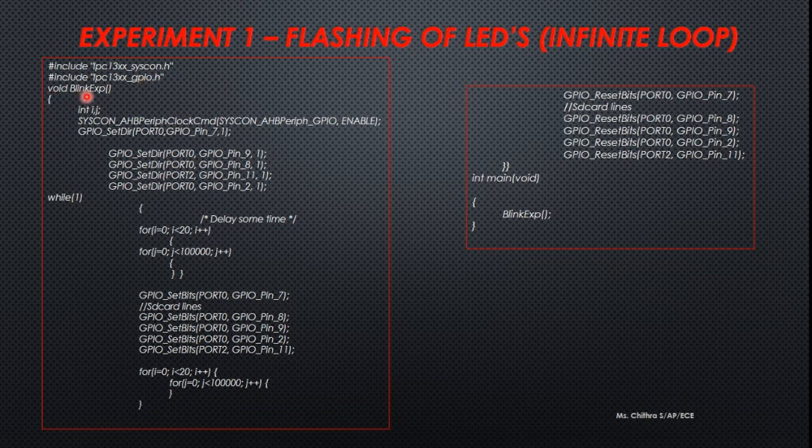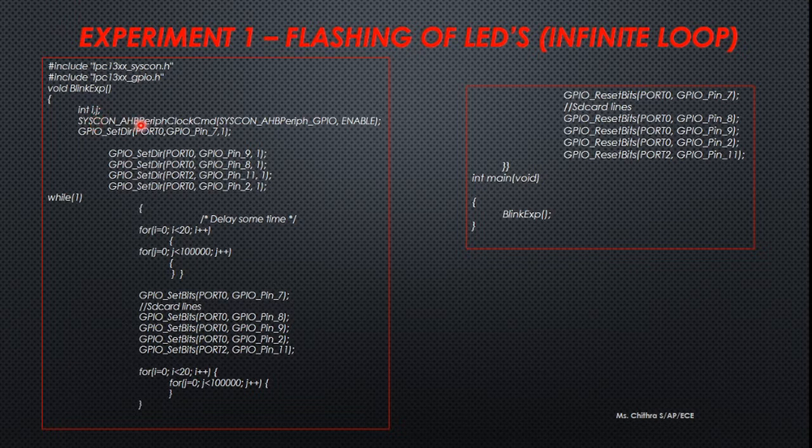Next we start by using a function name. So I give the name of my experiment as blink experiment. So we call it void blink_experiment, and we're going to define under this what my LED has to do. So we are declaring two variables initially, integer i, j, which is used for delaying because we want the LED to be on and then off, on off, and between them certain delay is there. So to bring about the delay between the on and off, we use two variables i, j.